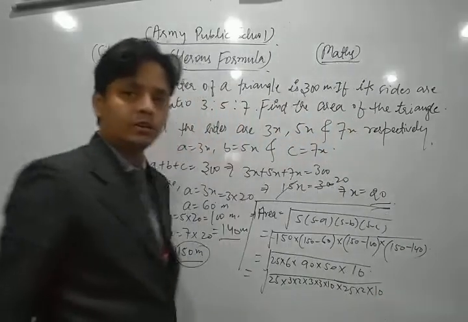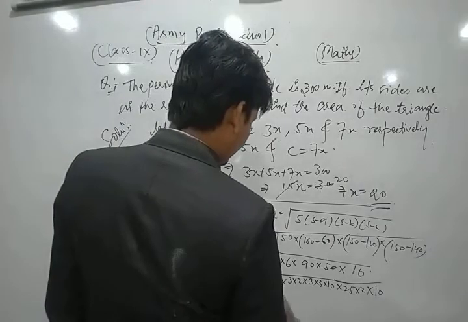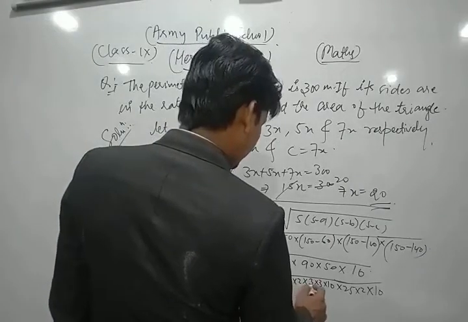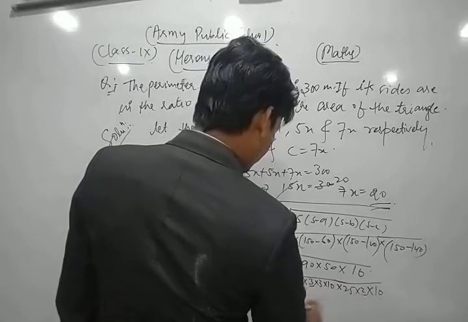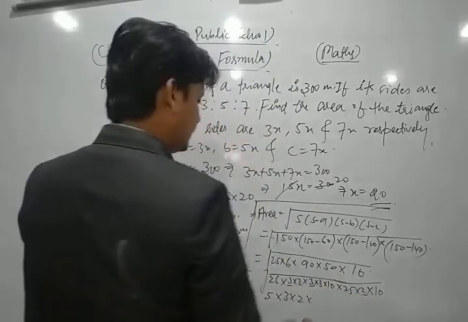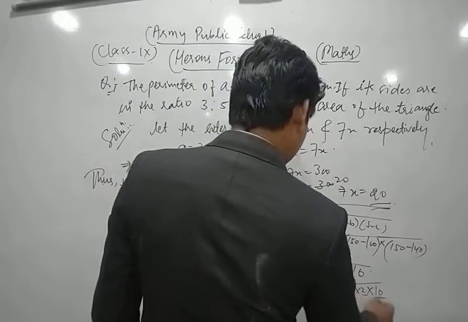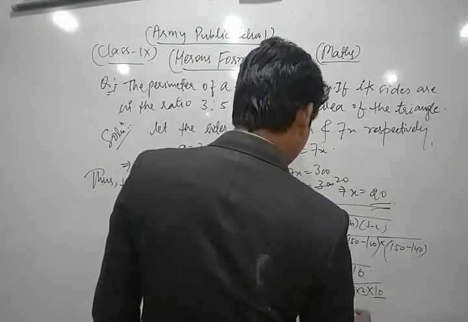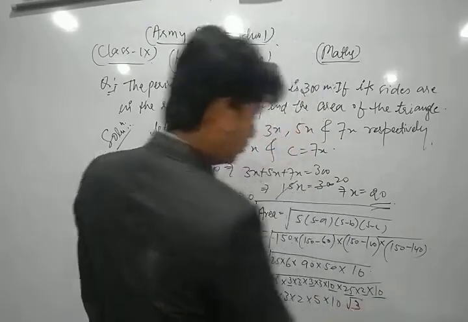So now from there we find it in a very easy way. Look, the square root of 25 is 5. 3 is in pair, so one 3 comes out of the square root. 2 is also in pair, so 2 also comes out of the square root. 25 gives 5, 10 also comes out of the square root, and one 3 is left, so we can write under root 3.